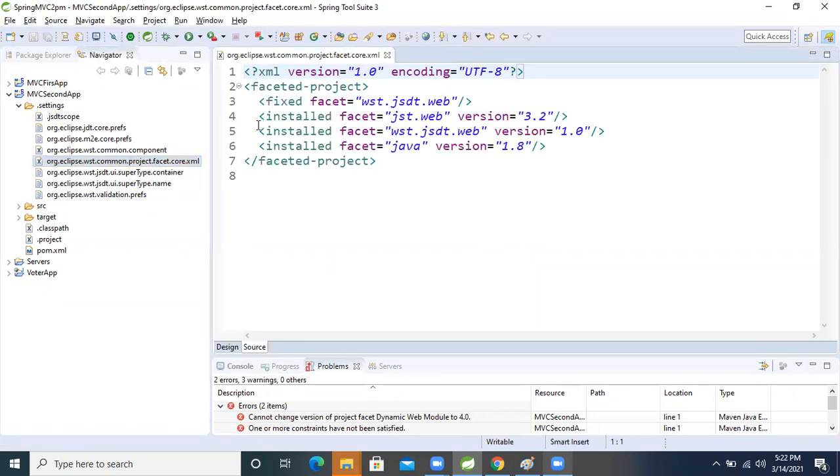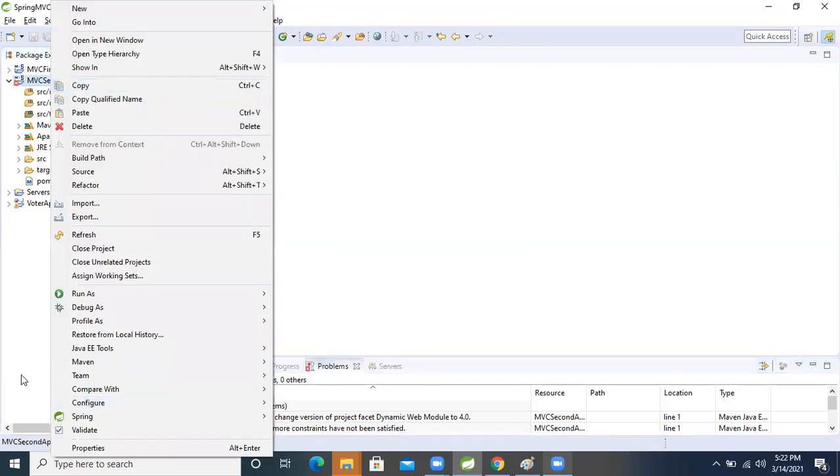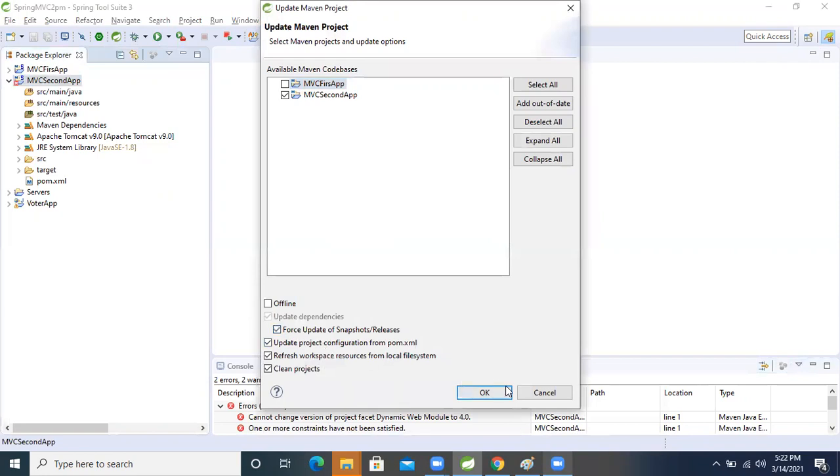Inside that, where we go to the jst.web entry, we change the version to 4.0. After doing this, cut everything, come to our project, right click on the project, Maven, Update Project, force, okay.